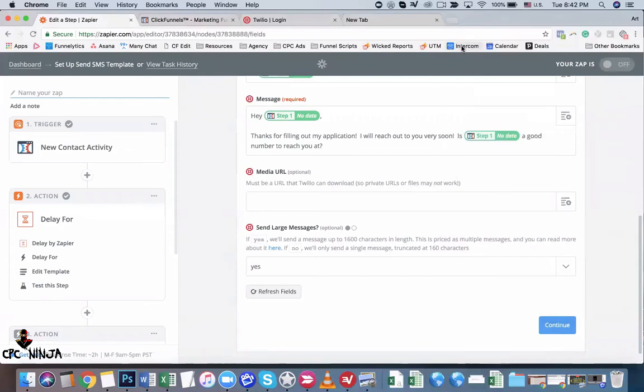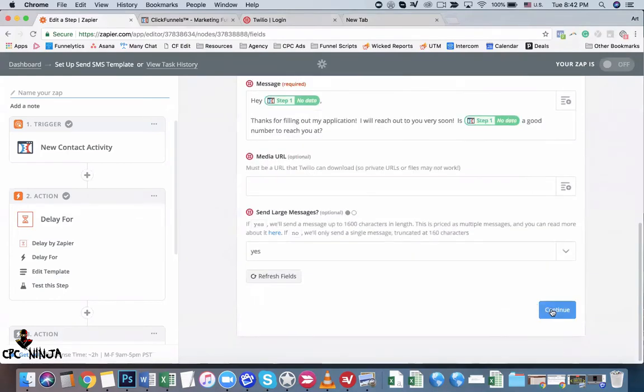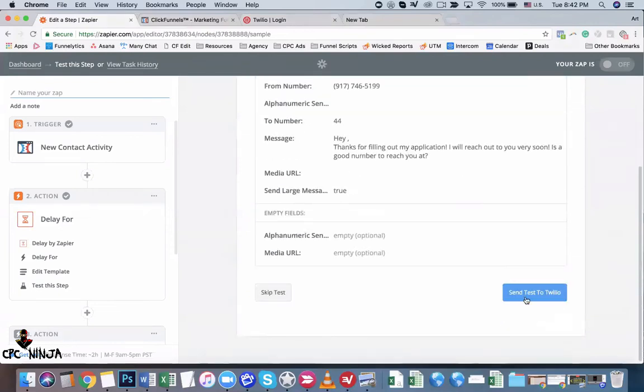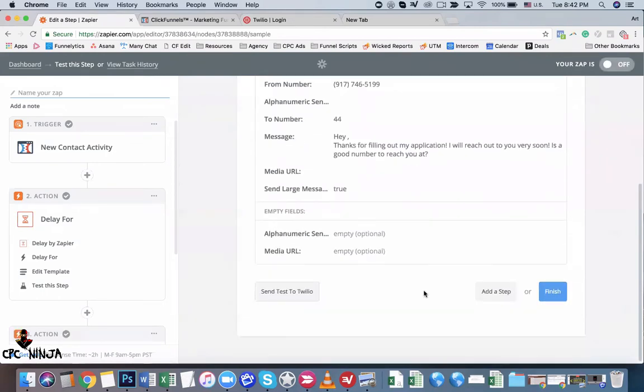All right, great. Let's see. So once I'm done with my message, I click continue, and then I can send a test. It's going to send this test to that person. Obviously you don't want to send the test to that person, but you can skip the test and then definitely click finish. When you do this, I highly recommend testing yourself, test your phone number, and then after